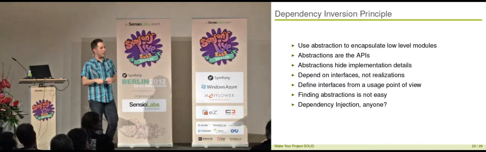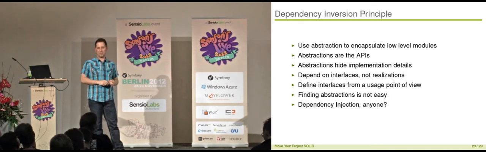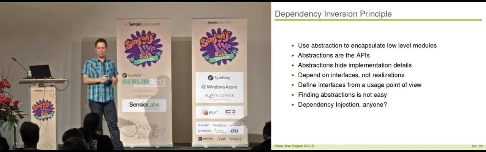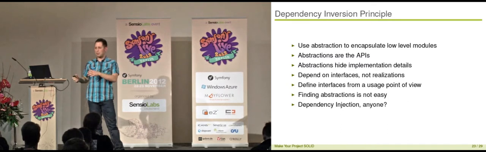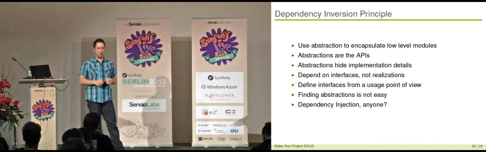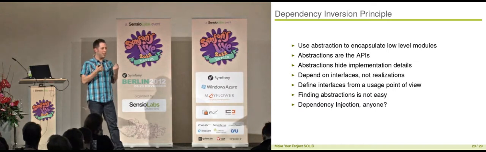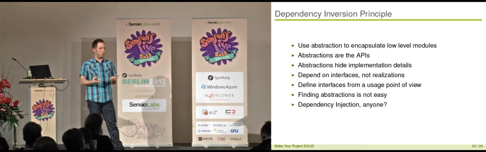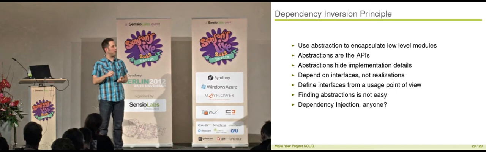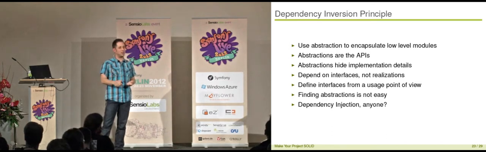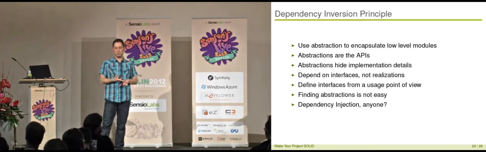Yeah. Dependency injection only works on the basis of that. There is no sense in injecting dependencies if you base your abstractions on details. Dependency injection only makes sense if you can transparently replace your currently configured object with other objects. That's the only purpose behind dependency injection. And if you want to do that, you need to obey two principles, and that is dependency inversion and Liskov substitution. Otherwise, you cannot do it.